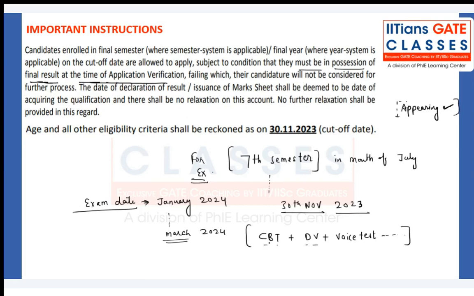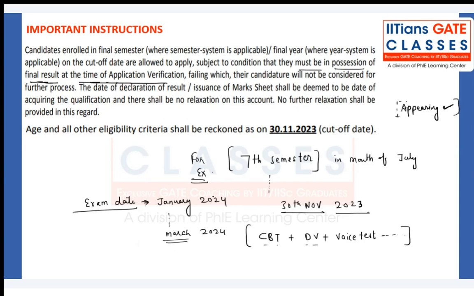So maybe you have to check when the form will be starting, but you have to verify with the authorities whether you can apply or not, right? You should be very thoughtful about this situation. But here, according to the paragraph, you can apply, but you should have the final results mark sheet at the time of document verification, application verification. That's it. Those are the conditions. But looking at the scenario, looking at the fast process, if the exam is delayed and if the document verification is delayed, then definitely you will be having a degree. You should be having a final